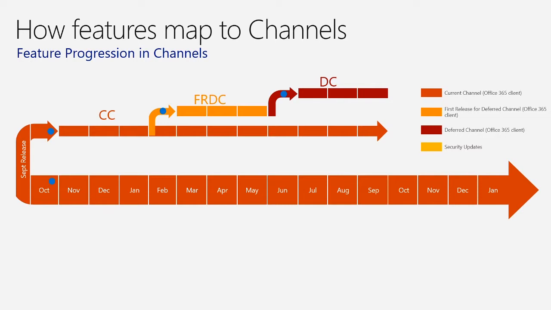The reason I also say that this is a simplified view, there are scenarios where if we see an integration issue with, let's say, a third-party add-in, a major partner of ours. If we see an issue, we go, oh, wow, okay, that's causing some big friction. We do a fix in CC. There's possibility that that does get pushed to FRDC and DC immediately. We consider those break fix items. We get enough support calls on it, or we identify it ourselves and we go, oh, this is going to have a big impact. We'll push it out. So I use it as a simple view. Keep in mind there are scenarios that that does not happen. So if we have a major issue, we can propagate it to all channels.